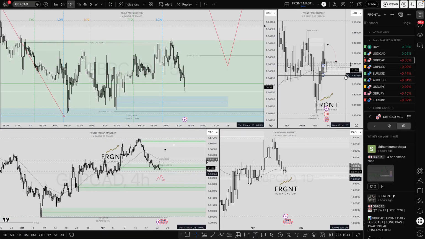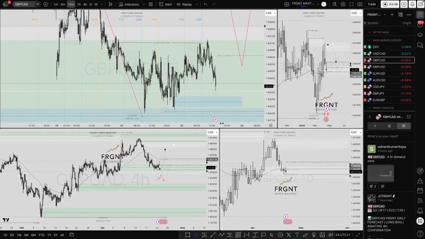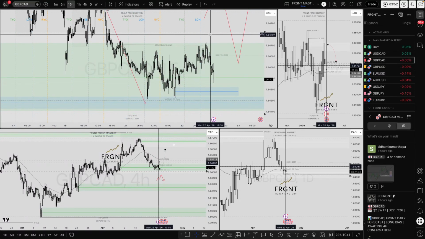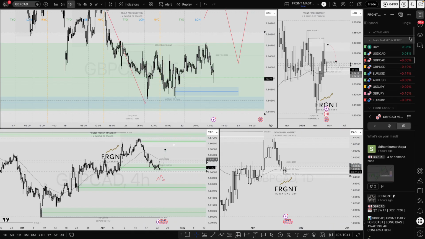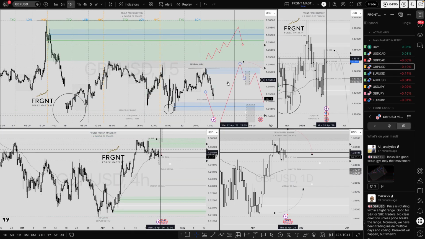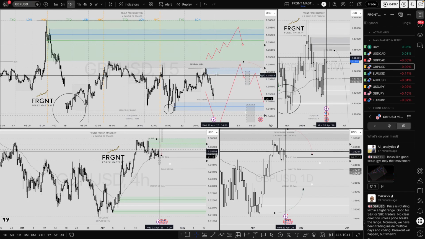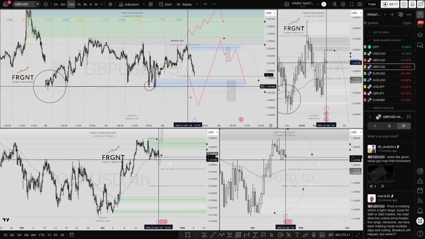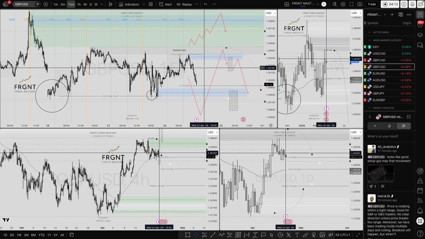GBP CAD, not really interested in GBP CAD at all. I foresee US dollar CAD looks to me for a much better position, and if I am expecting long-term weakness on the pound, then taking a GBP CAD long doesn't really make sense for me at this time. GBP USD, again, I didn't really forecast to take an immediate short position, I must admit, from this area, and I'm still waiting for this to play out, actually.